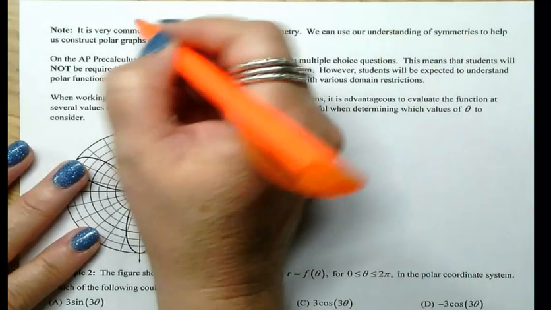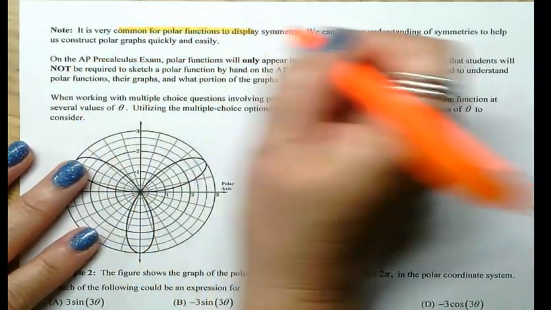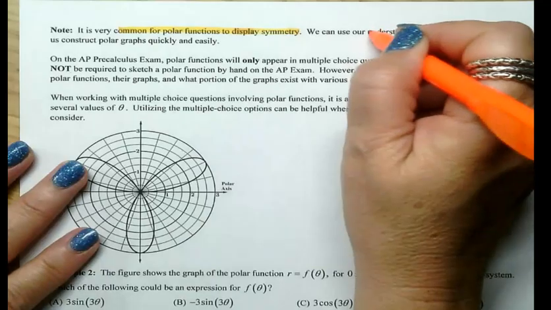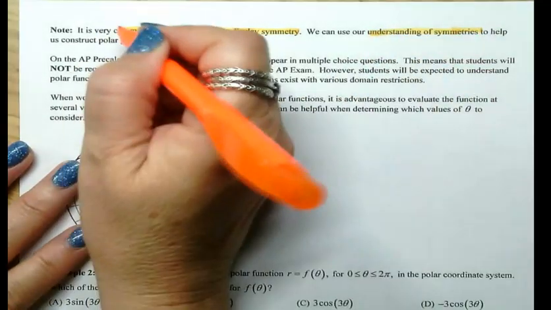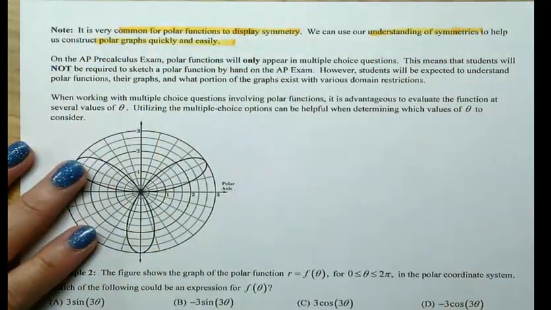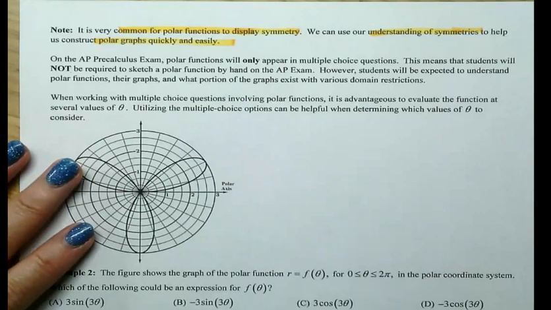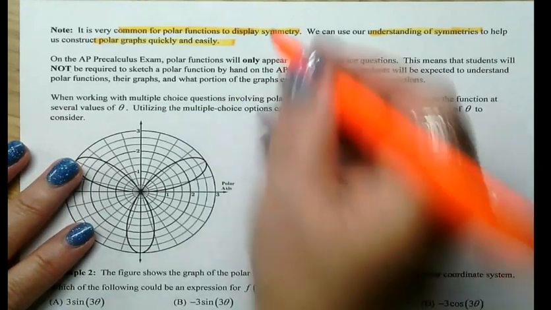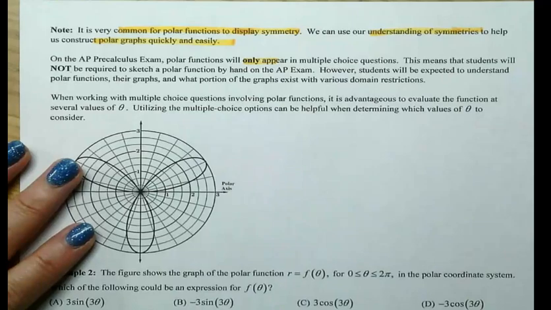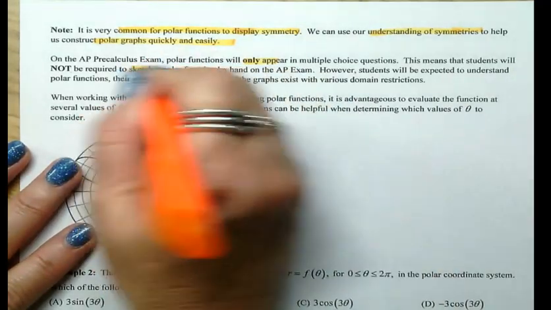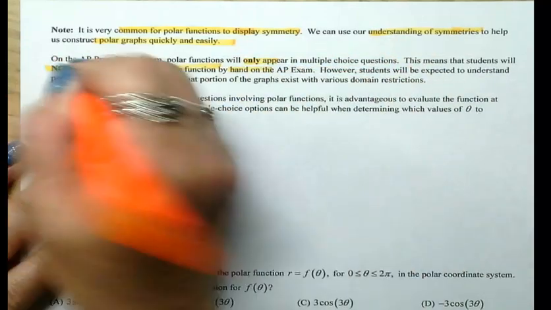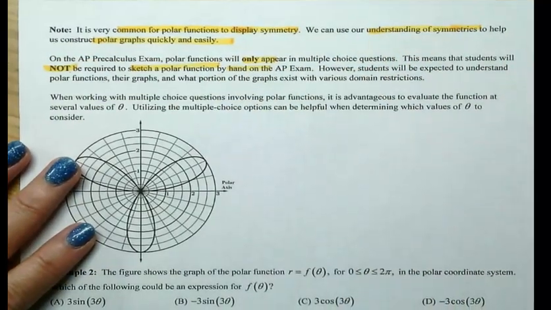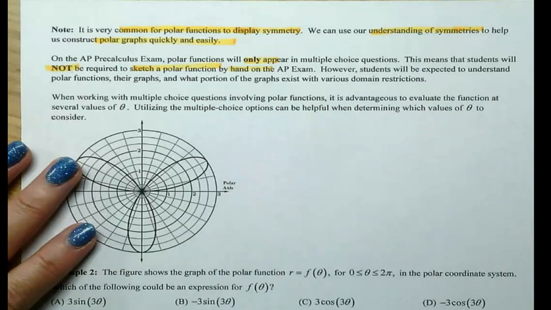And as we've been talking, it's very common for polar graphs to display symmetry, so we can use our understanding now of the symmetry to construct graphs quickly and easily. On the AP exam, polar functions will only appear on the multiple choice questions. This means that you will not have to sketch the polar function by hand. That doesn't mean you won't have to if you do it in another math class later on after you get past this one. But for this test, just know you won't have to actually do the graphing by hand,